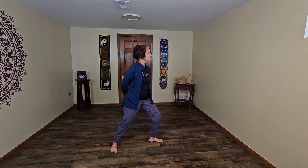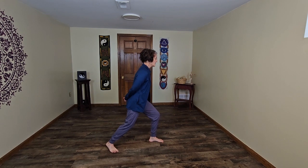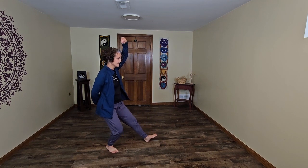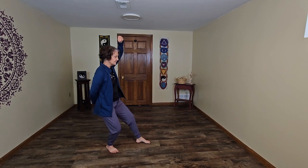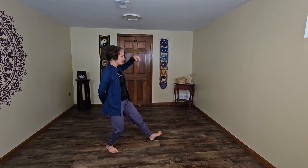So let's go over that a couple of times. So L stance, single whip, we begin, turn, that lifts up the heel, the string draws us back, sinks us into the right, lifts us and rotates us, and that brings the ball of the foot down. Again,